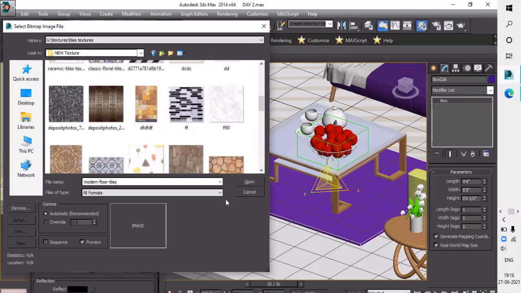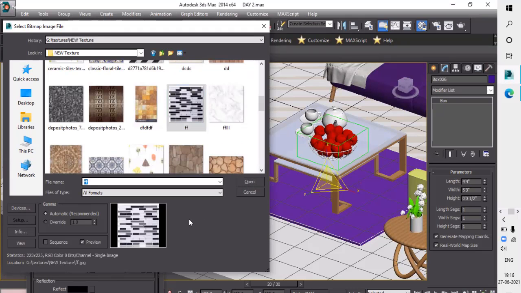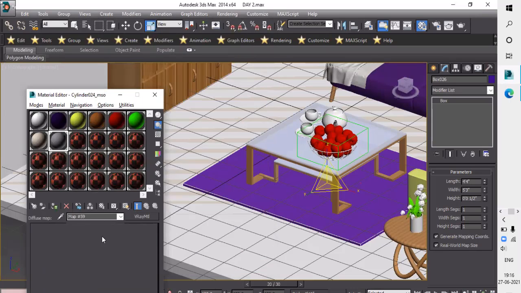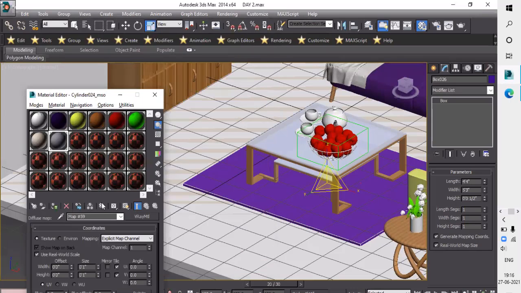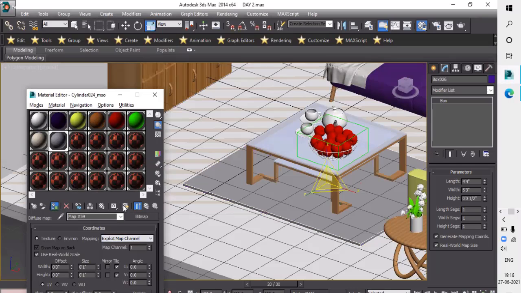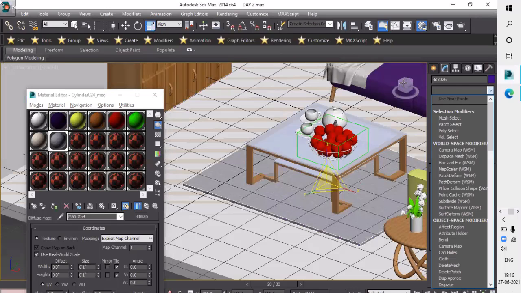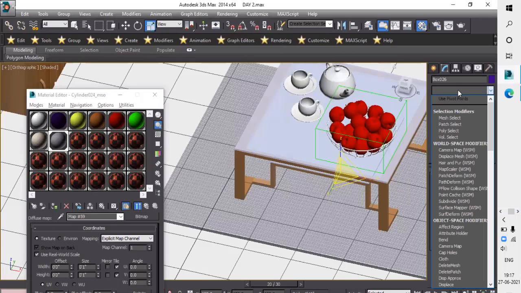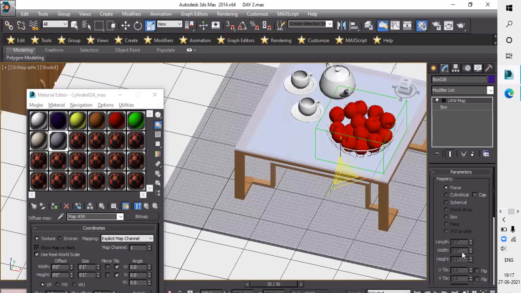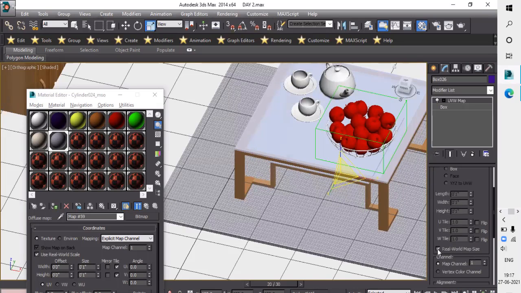I will give this one and apply. Okay. But when we apply, it's not visible. Okay? So what we can do, go in modify list, type UVW map and uncheck the box which is real world map size.